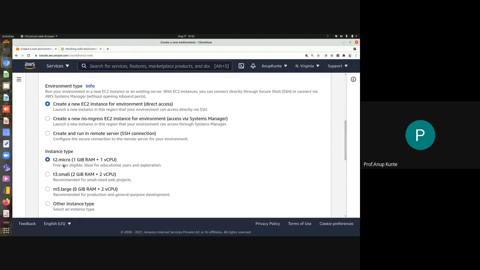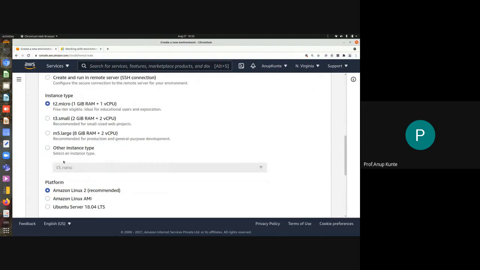So you always need to choose a service that comes under free tier. Okay, so I'm selecting that. Others are much more capable. You can read that it has 2 GB RAM and 2 virtual CPUs, 8 GB RAM and 2 virtual CPUs.